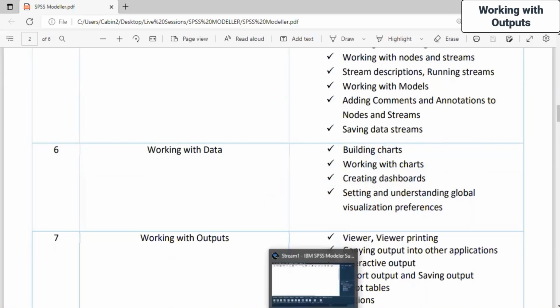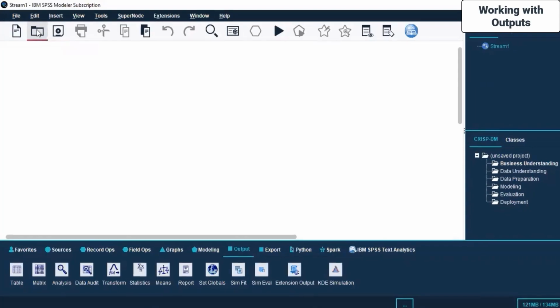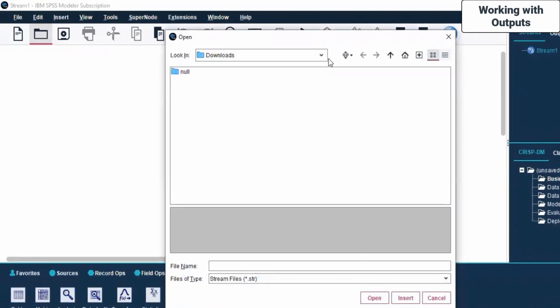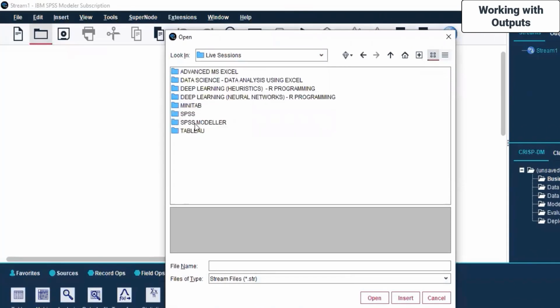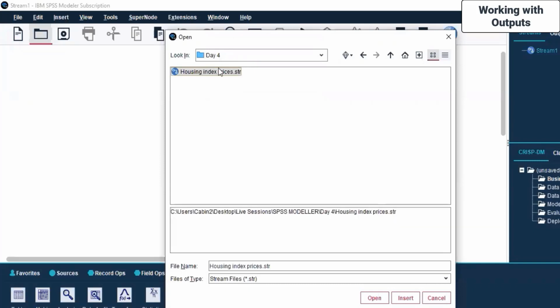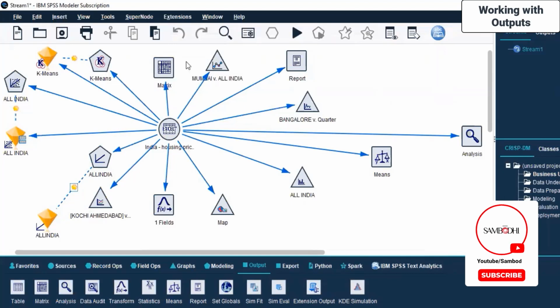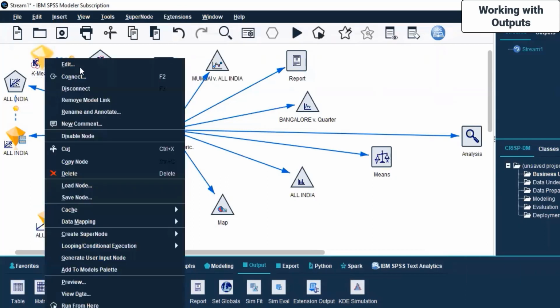Fine, let's come here on the software and let us launch one of the data sets. Let us open an existing stream. Okay, we launch day 4. We can open this stream also. We'll click insert. But this is already there, so let us introduce a fresh stream, because there is already a lot of work that has happened here. Although one of the important things is we have the nuggets. If we right click on it and click edit,